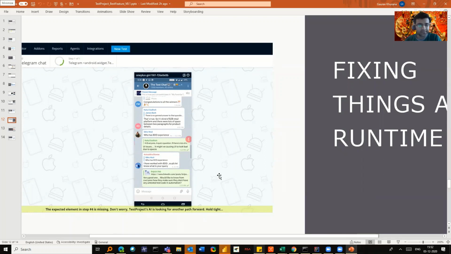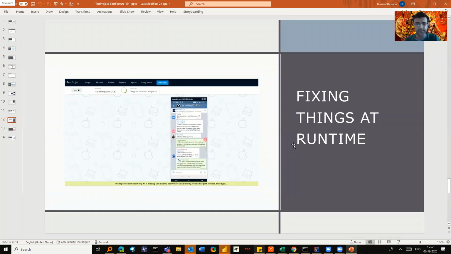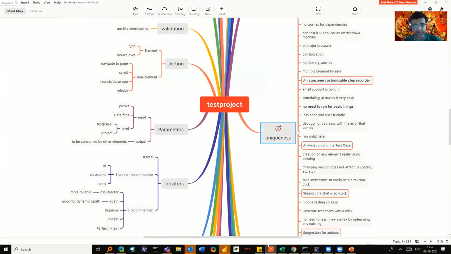That will save a lot of time because it tells you what it tried to fix and what it fixed. So even if you don't like the fix, you can fix it on your own. Now I have listed various features, and I'll just go through that.